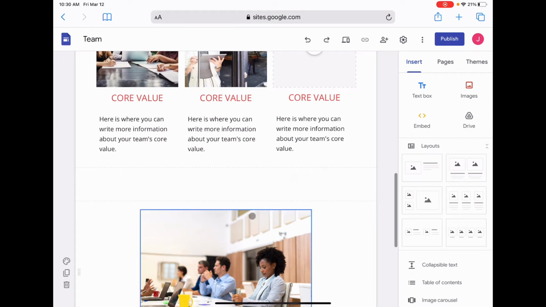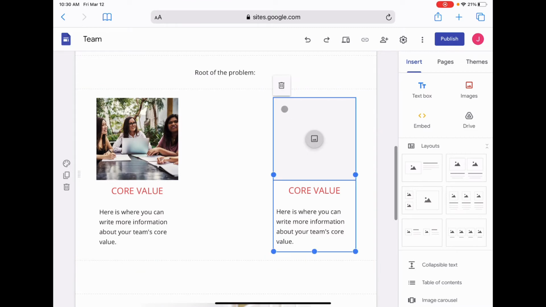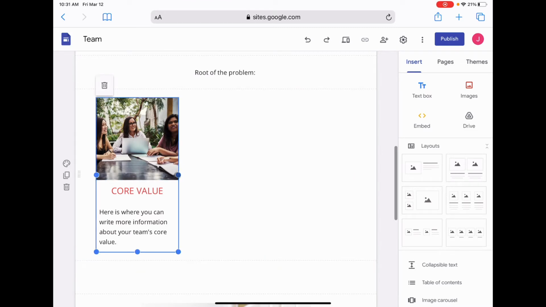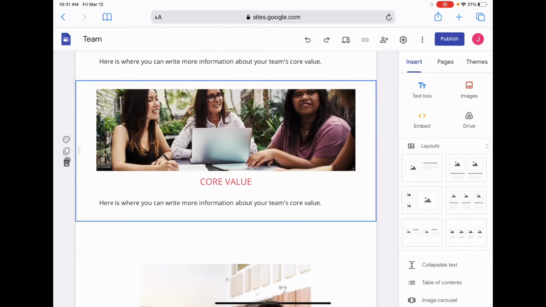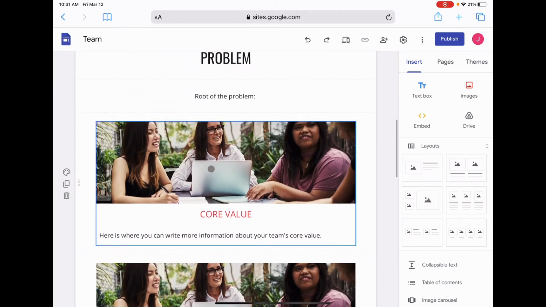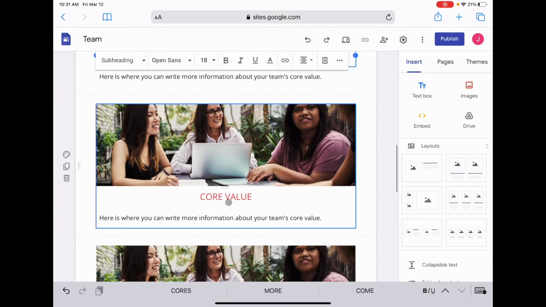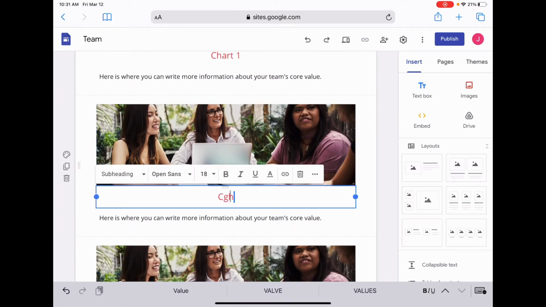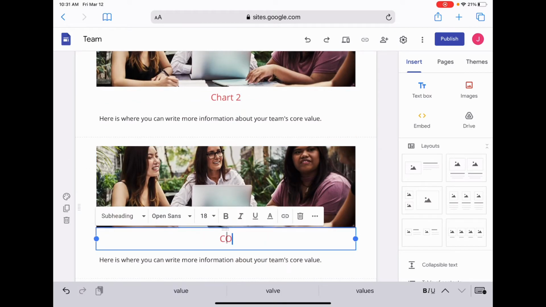Or maybe 3 vertically. I'm just going to mess around a little bit, just get an idea of what our options are. Maybe we make this larger. Yeah, I can make that larger. And then I could duplicate that section and do 3. I could do a chart here, chart 1. Again, I'm just messing around. I could import chart 2, and then chart 3.